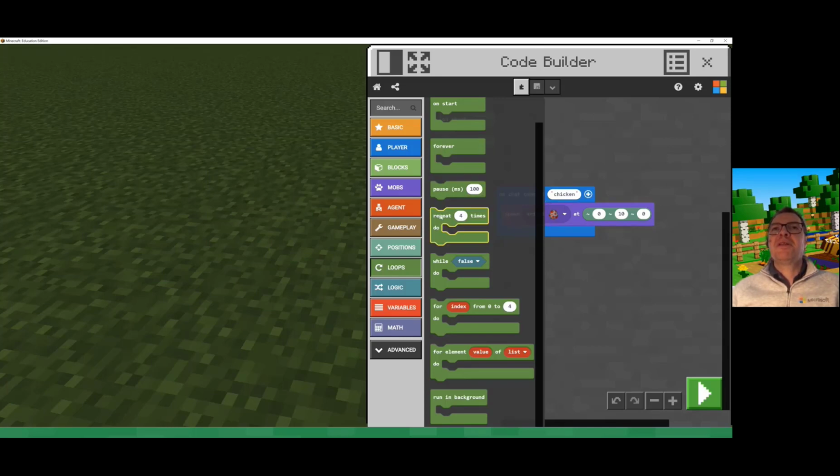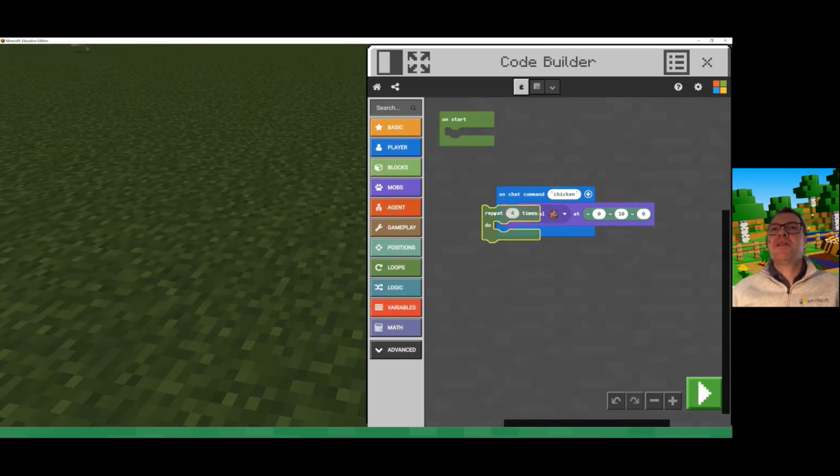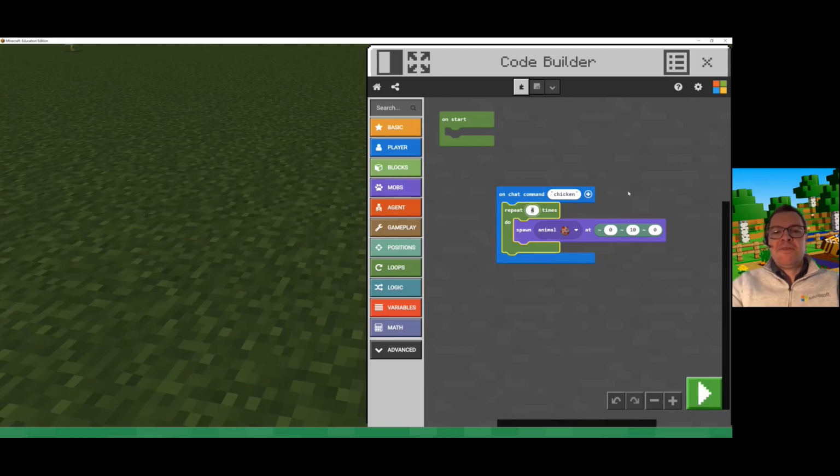But I'm going to be using the repeat loop command, and I'm going to drag my spawn inside that, and let's have 100 chicken. That's quite sensible. So it's now going to say when I run the chicken command 100 times, it will spawn a chicken 10 blocks above my head. So let's press run,